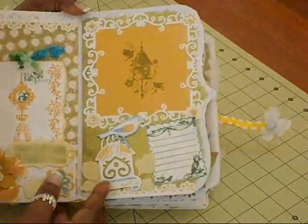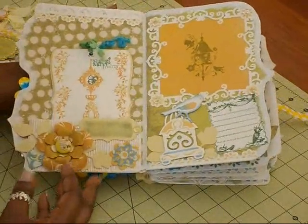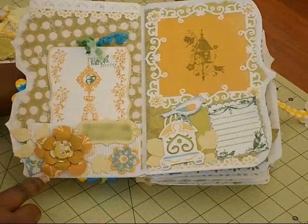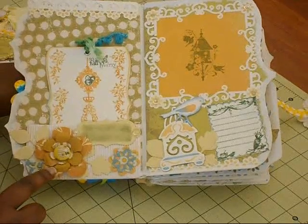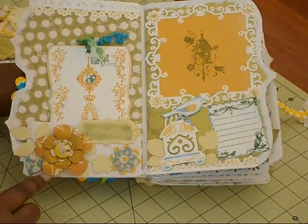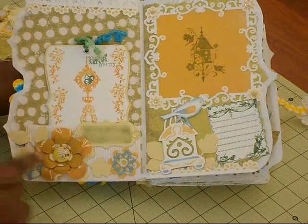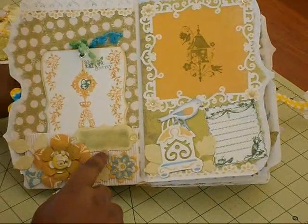and the first 2 pages, I hope I'm in frame. Here I created a pocket using the corrugated paper. It has nice texture and everything. And these are flowers that I made using the Tim Holtz tattered floral die, and this one in the background is from a Sizzix layer flower. I can't remember the exact name. And Spellbinders foliage dies for the leaves, and I made a label here using Spellbinders tags, I think,